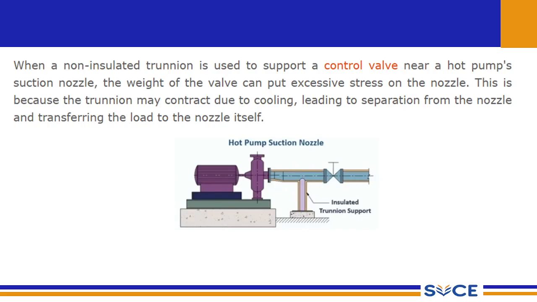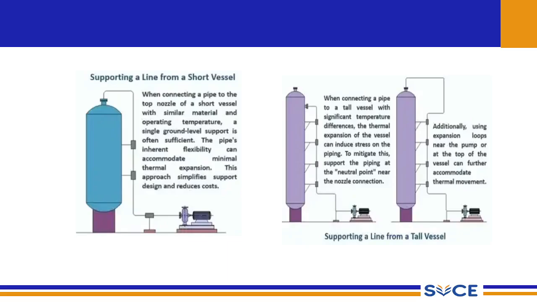Next scenario which we are going to focus on is a supporting line from a short vessel and a supporting line from a tall vessel. So for short vessels, the amount of buckling is actually very less. Buckling is very common for long columns with a smaller diameter. So in the case of a supporting line from a short vessel, if you look at this scenario, when you